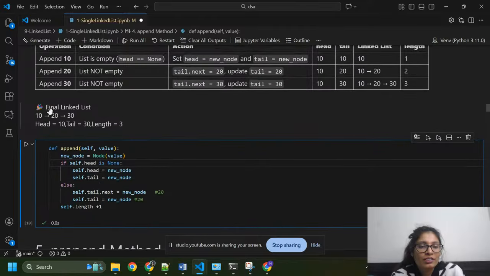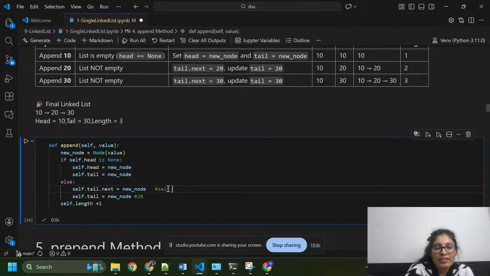If you want to append and your linked list is like this, 10 is both head and tail. Here you can see head equals 10 and tail equals 20. Self.tail means 10, .next means 20.